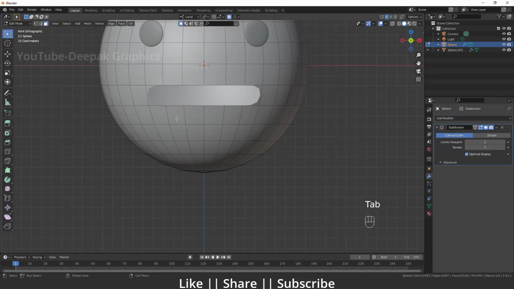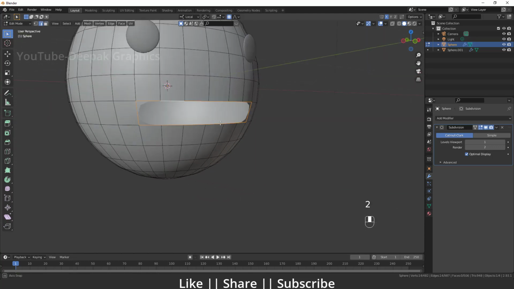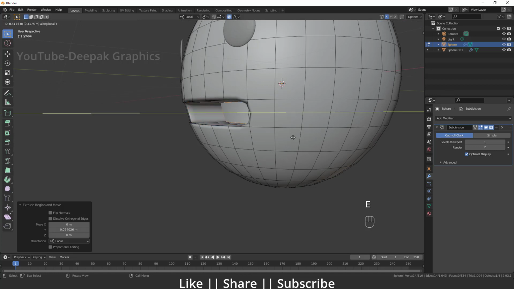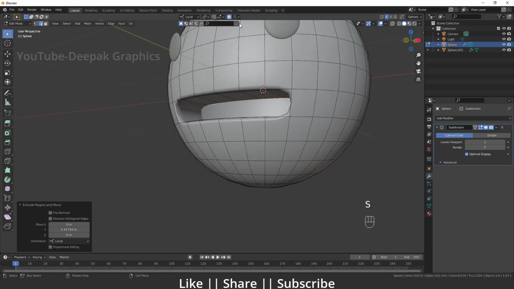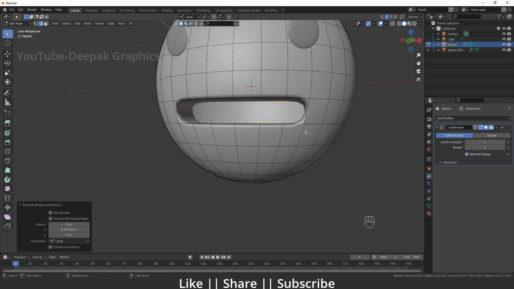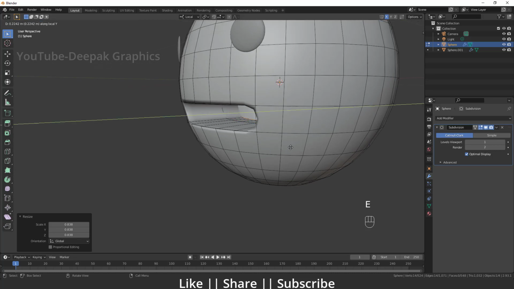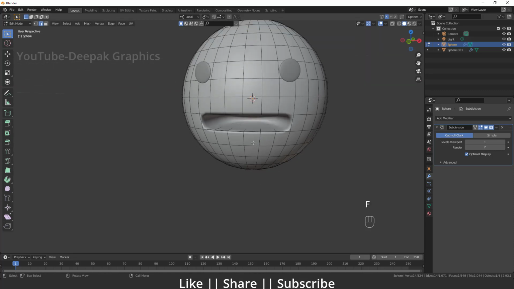After that, I'm going to select all edges of these deleted faces, then press E to extrude on the Y axis. Then I'm going to press E again and extrude it on the Y axis something like that. After that, I'm going to press scale, but before doing the scale, make sure you turn off that proportional editing. I'm going to scale a little bit. Then I will again do E Y to extrude on the Y axis and scale it something like that. After that, I will press F to fill this edge.